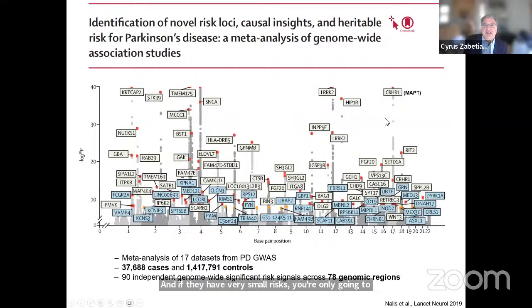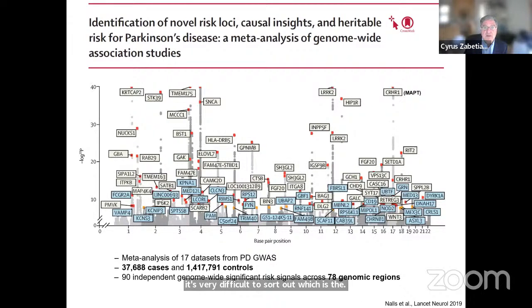Another thing I need to mention is that oftentimes you'll get a hit in a region, and sometimes it's clear that it's in a single gene, but oftentimes you'll have several genes clustered in an area, and you'll have hits across that area. And you won't know whether it's any one of those single genes until you do more refined studies. And sometimes even then, it's very difficult to sort out which is the susceptibility gene itself.